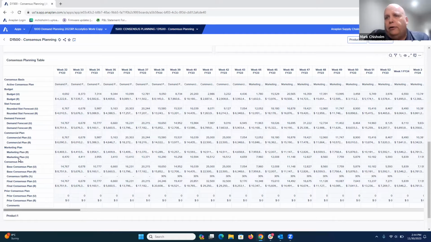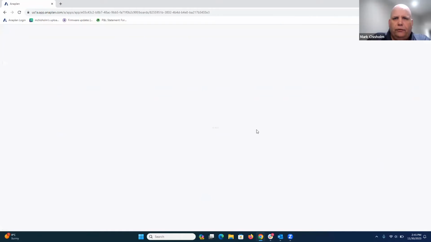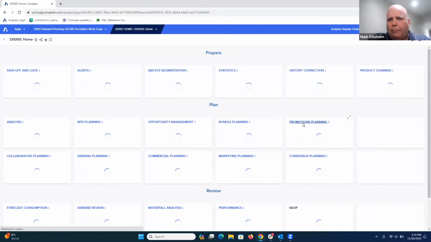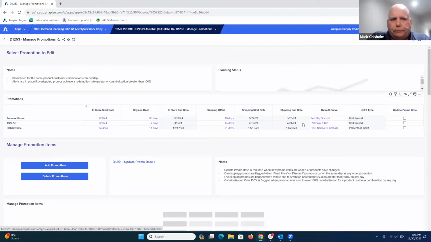And so promotional planning is a stakeholder in that process, typically driven by your marketing or commercial revenue planning team, depending on how you're organized. But one of those groups is going to be responsible for setting up promotions. So the outcome of their process is going to be their contribution to the overall consensus demand plan. So then if we go back to that main landing page and click on promotional planning, what you're